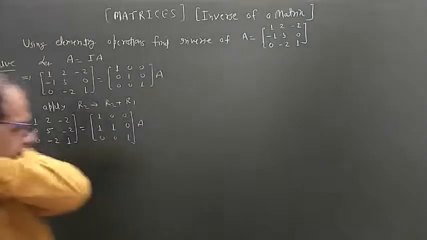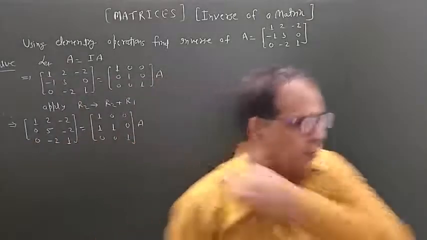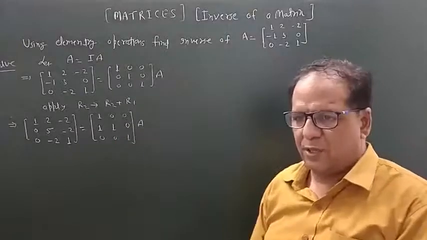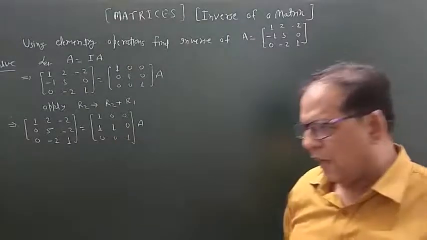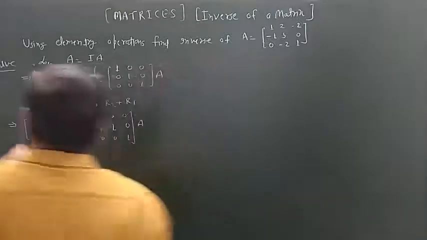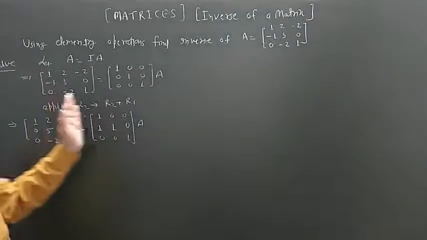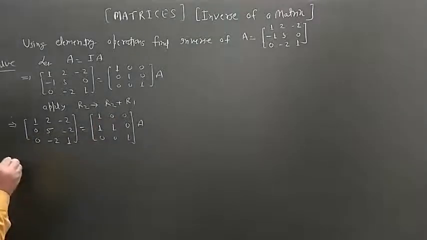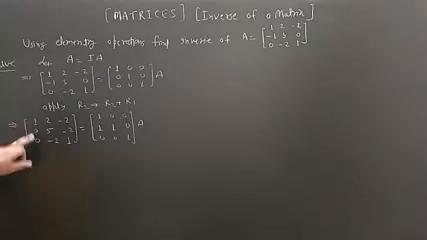We can apply more than one operation in the given process. So whenever you are very used to this type of question, you can apply more than one operation in this type of question. Now in second, here is 1, here is 0, here is 0. So there is no change. We are confirmed because all the elements of first column are 1 0 0.